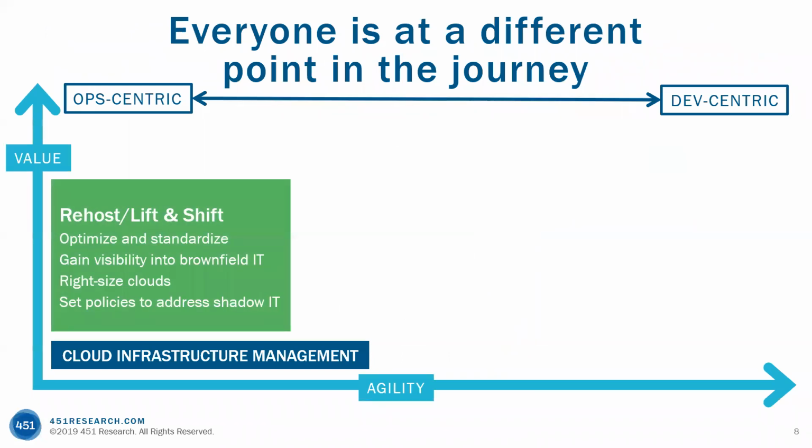So as the replatforming to cloud and cloud native gathers momentum, obviously it's hitting the mainstream, so it's not just the early adopters any longer, but pretty much everyone is trying to figure out how they can make this move. And what that has left us in the situation at the moment is that everyone's at different points in that journey. And at the heart of the hybrid and multi-cloud value proposition is that the on-premise doesn't go away entirely, because some workloads aren't going to move to the cloud whatsoever, and many organizations, especially large enterprises, don't have the luxury of starting over with a clean sheet of paper, if you like,